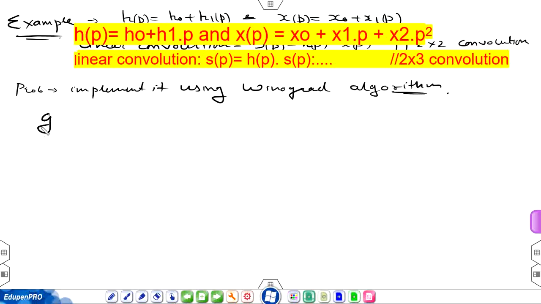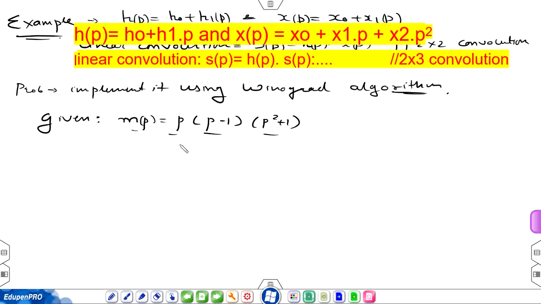And given is m of p, that is the product of all the moduli, that is given by p into (p minus 1) into (p square plus 1). So m(p) is the product of three